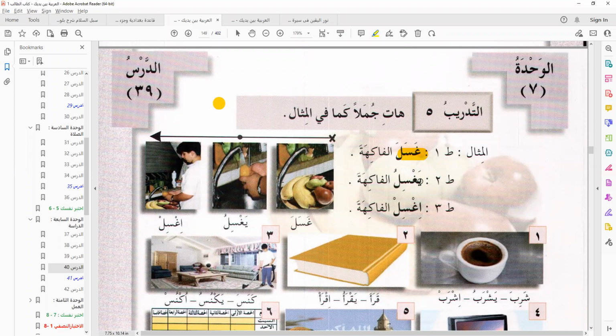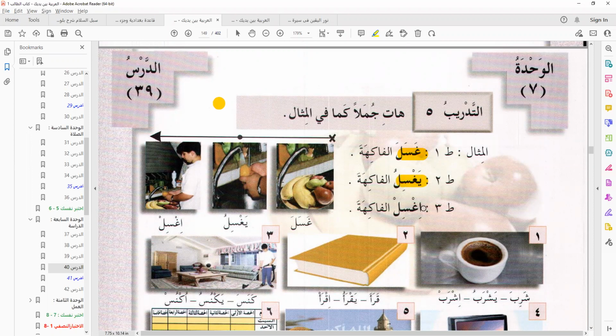This is ghasala, and this one gives yaghsilu al-fakiha. So if this means he washed, then this means he is washing.